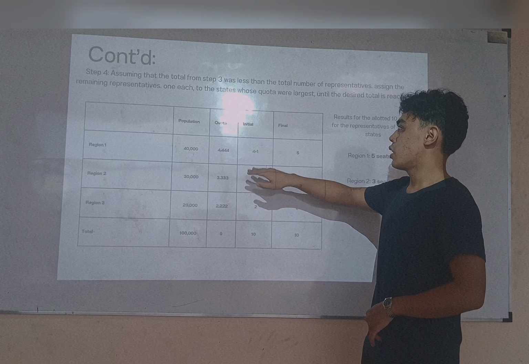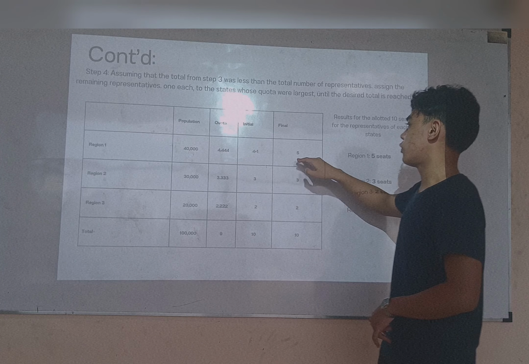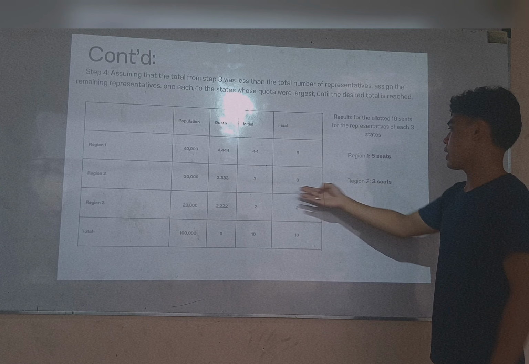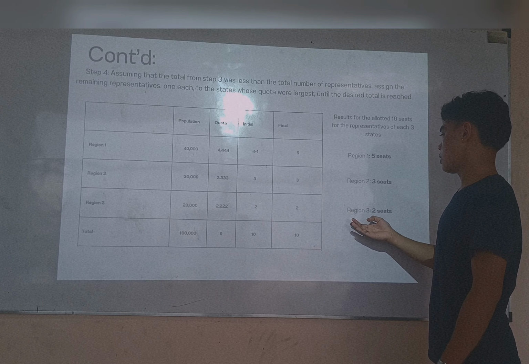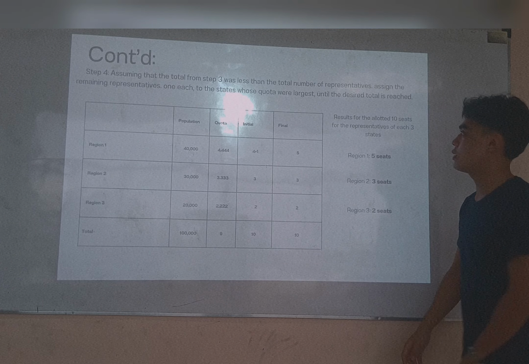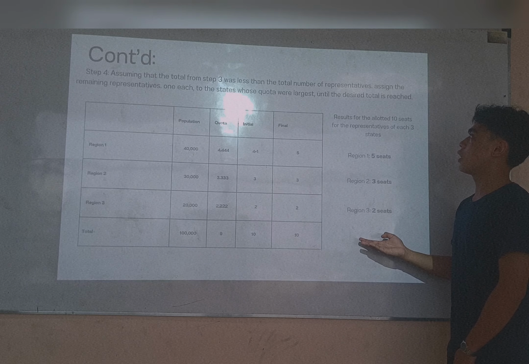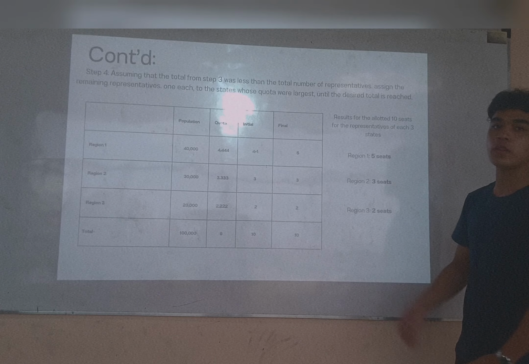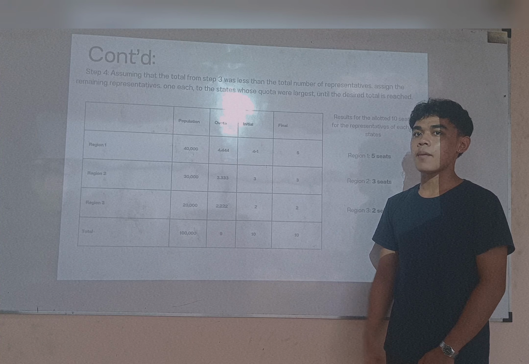So we get the initial 4 plus 1, we get the final 5. Region 2, we get 3 seats, and region 3, we got 2 seats. In total of 10 seats. This is the result for the allotment of 10 seats for the representatives of each of the 3 states. For our next example